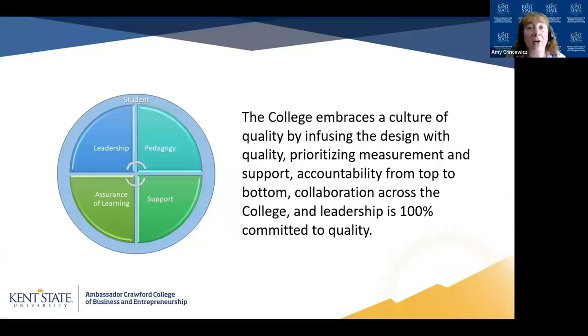It's going into our face-to-face programs, because I'm now working with the undergrad curriculum, and making sure that their program outcomes are being supported, and that's not an online program. So we really have taken quality assurance all the way through the college, and it's been such a wonderful journey, and I'm glad I got to share it with all of you.